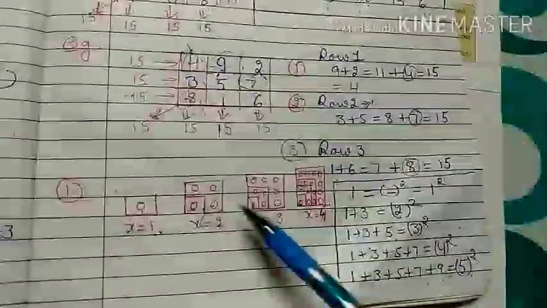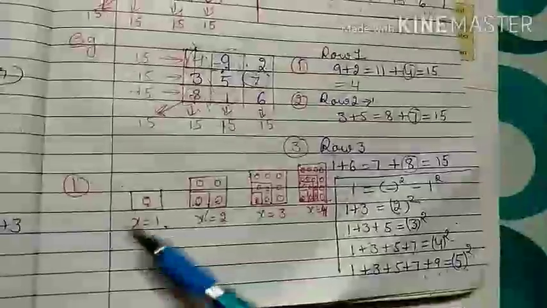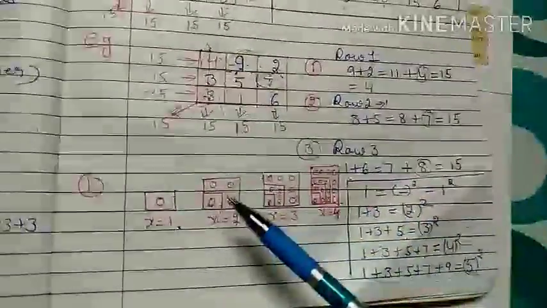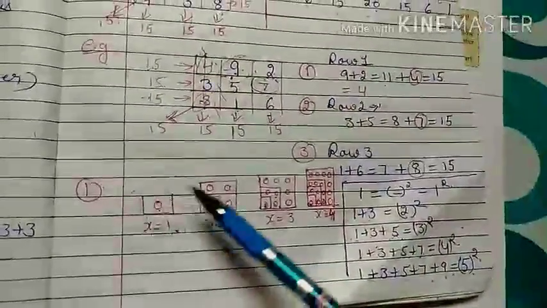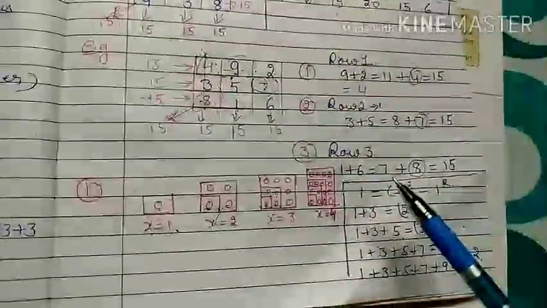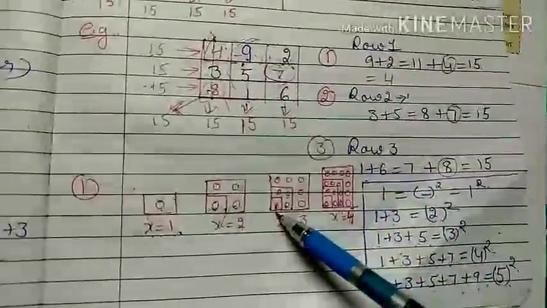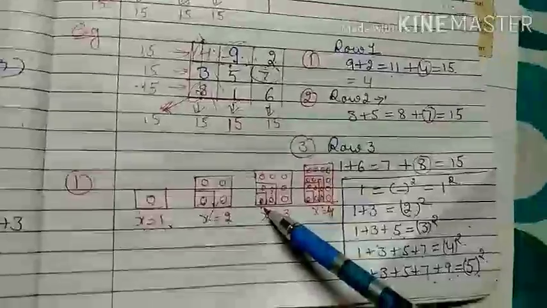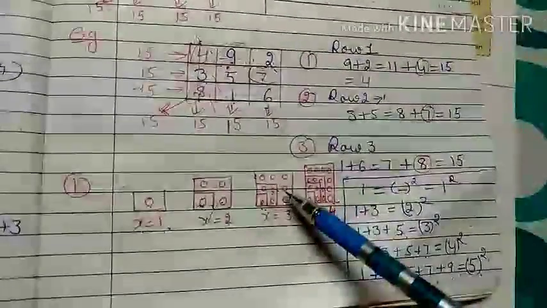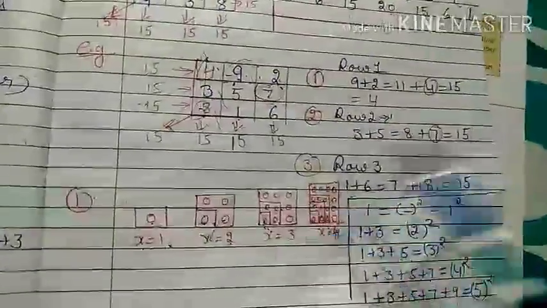Here 1 layer, here 2 layers, here 3 layers, and 4 layers, and in each and every layer 2 zeros are added. Like here in layer 1, if I add 2 more zeros, it becomes the second layer. In the third layer, to the previous pattern, 2 more are added for the next layer. Like here layer 1 is 1, and in layer 2, to the previous layer 2 more are added to make the second layer. In the third layer, to the previous 3, 2 more are added to become the third layer, and it goes on.